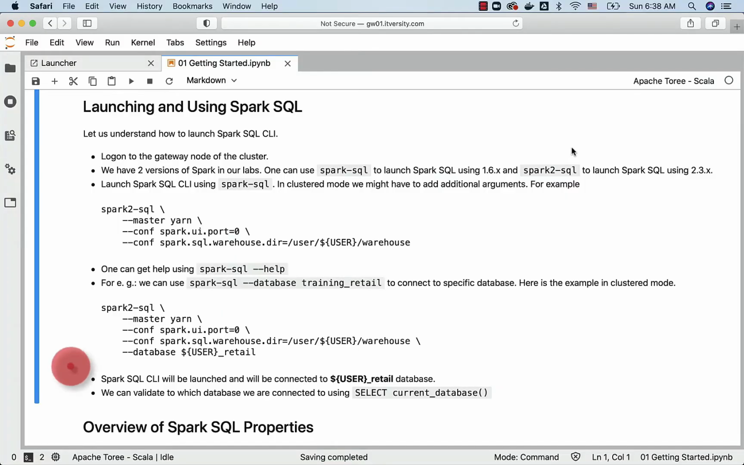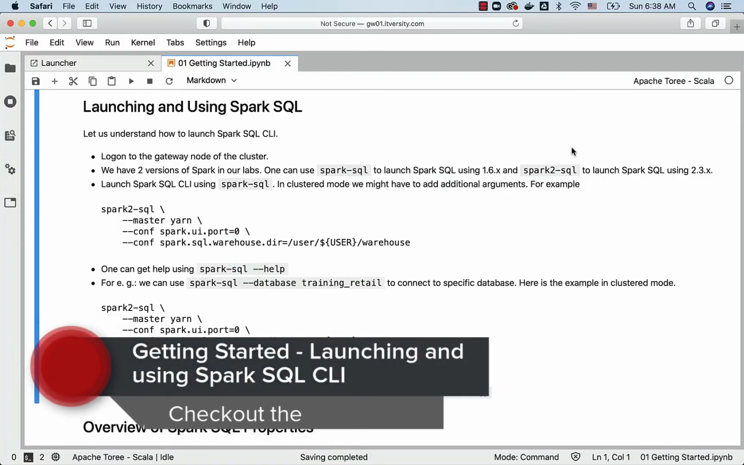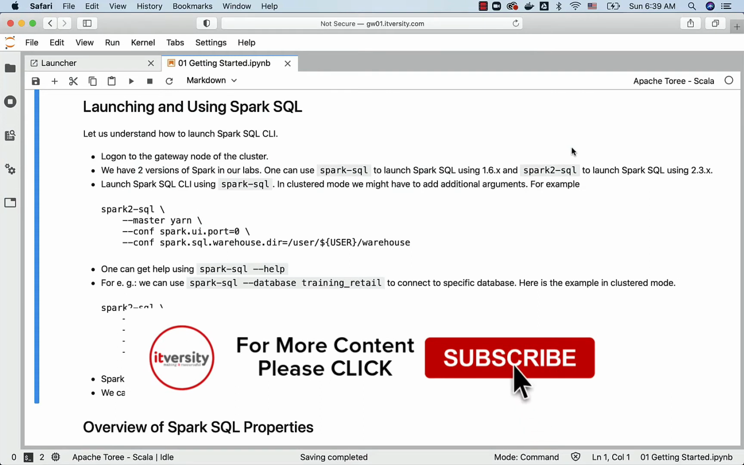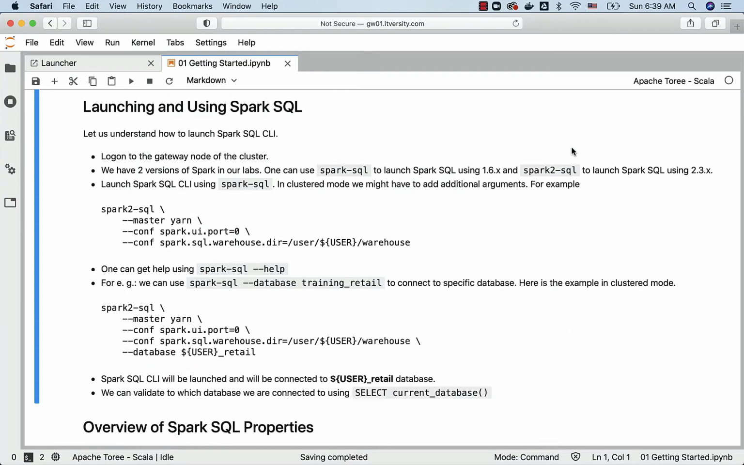As part of this topic, I will walk you through how to launch and use Spark SQL CLI. CLI stands for Command Line Interface, and you should be able to run any valid Spark SQL query or command in it. If you are using a multi-node cluster, you need to understand the concept of a gateway node. You have to connect to the gateway node of the cluster, and from there you should be able to launch Spark SQL CLI and use it to run